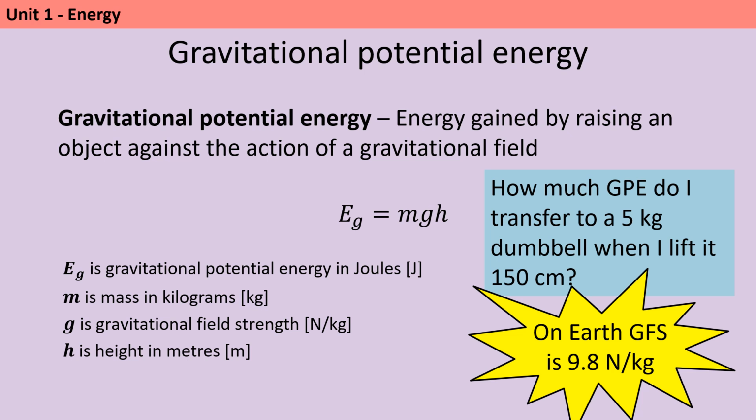The first thing that you're going to do is to pick the appropriate equation from the equation sheet and write that into your answer space. And then beneath that, you're going to pick the numbers from the question and write them where they correspond to each of the letters. So the mass here is 5 kilograms, the gravitational field strength is 9.8, and the height is 1.5 meters. You need to watch out for the fact that the height has been given in the question in centimetres and you need to convert it. If I multiply all of those numbers together, I get an answer of 73.5,